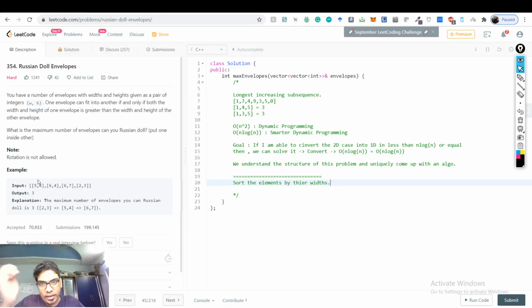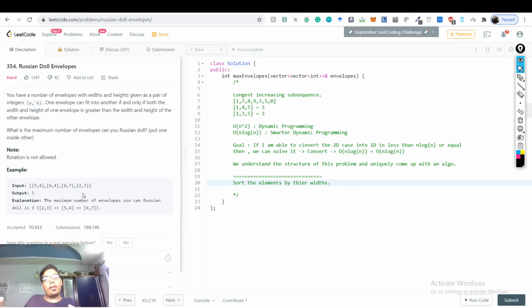so we know that the one dimension of this is always increasing, so this will actually be guaranteed to fit in the second one, this would be guaranteed to fit into this one, this would fit into this one. So the first dimension is something which we don't need to check. The problem then remains about the second dimension. So if we are sure that the second dimension actually matches, and the first dimension automatically matches because it is sorted, right? So we just need to take care of the second dimension, and then we are done with the solution.